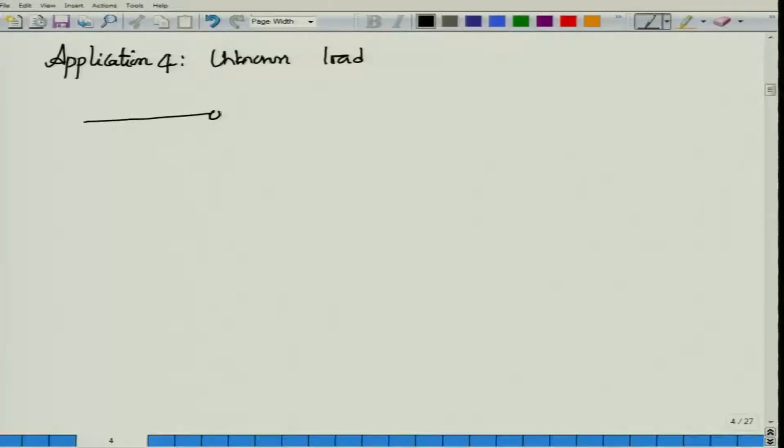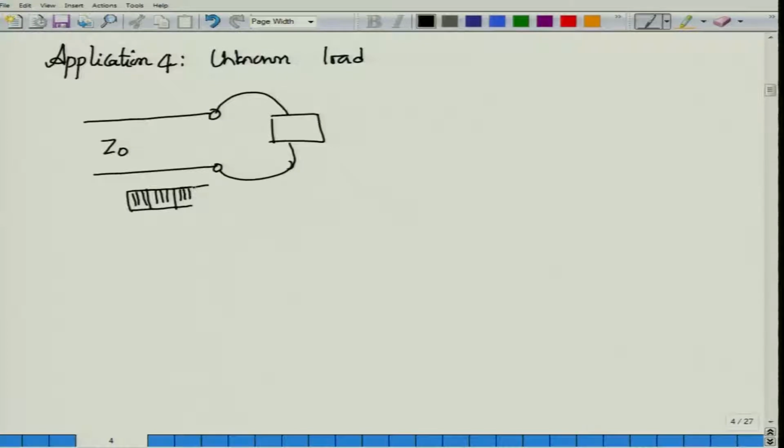Suppose I start with the transmission line whose characteristic impedance Z0 I know, okay, and then connect this unknown load to it. Okay. I connect this unknown load and I actually have a scale. So, usually on the slotted line I will have a scale. Okay. So, I have these readings. This scale is not very nice, but please excuse the scales. Okay. So, I have a scale which might go all the way up to this side. Okay. So, this is the scale that I have.